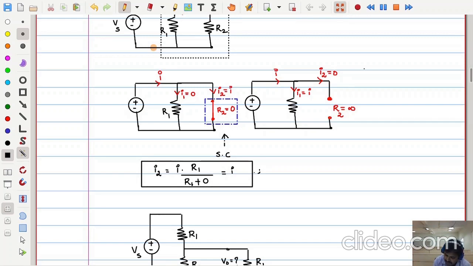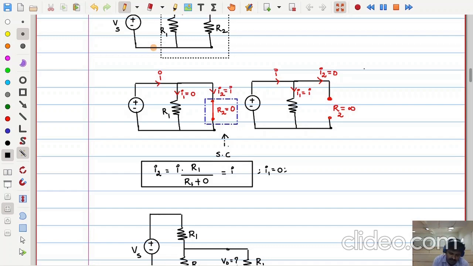If you want, you can verify it. It is a simple thing. I1 is equal to I into the opposite resistance 0 divided by 0 plus R1, which is 0. So I1 is 0. This is one extreme case which is very, very important. When a 0 resistance is connected, the total distribution goes to this path only, and the other does not take any current. So when a short circuit is there, the total current will try to pass through the 0 resistance. That is the short circuit.